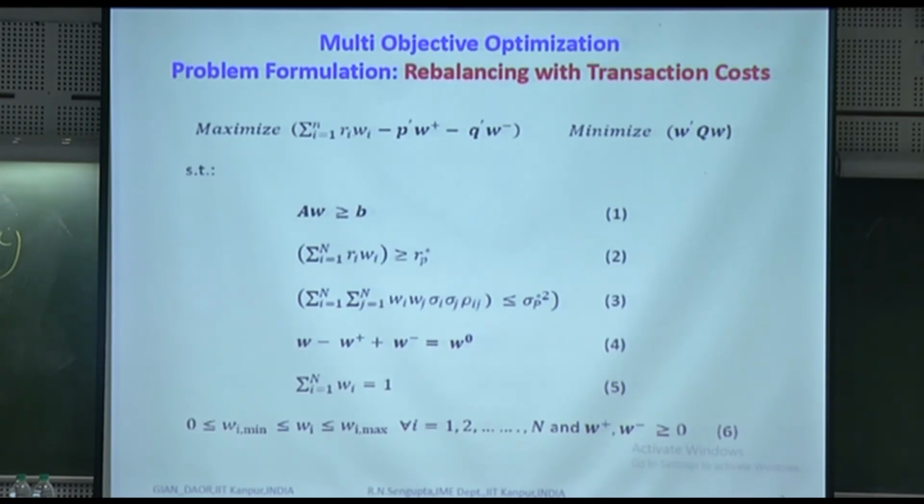Actually this should have been like this: W naught, W plus at the first stage, W minus at the first stage, and this value would be given by W1, which is for the second time period. Then at the second time period, W1 will come here, then it will be W plus for the second stage, W minus for the second stage, then you have W2. You proceed accordingly, so I am taking it stage wise. Also the weights are between minimum and maximum, and W plus and W minus are always greater than or equal to 0.